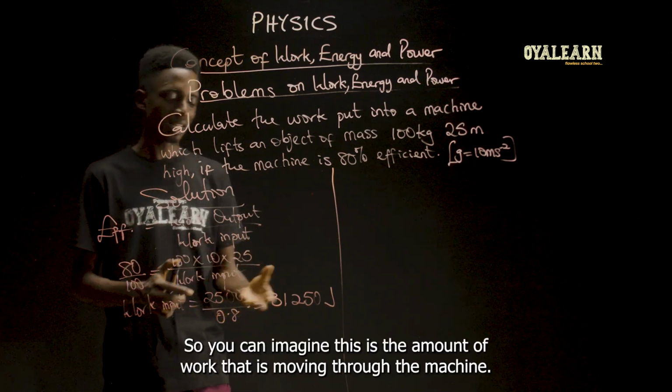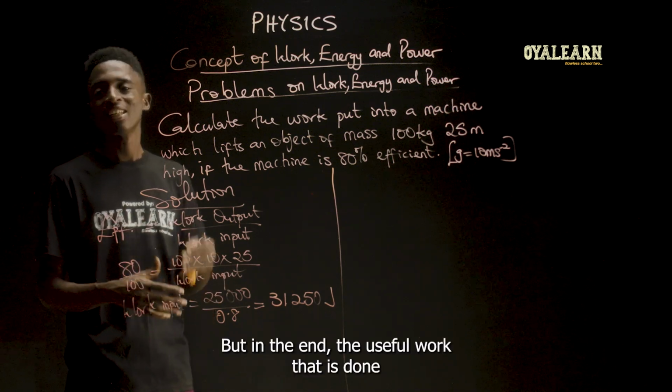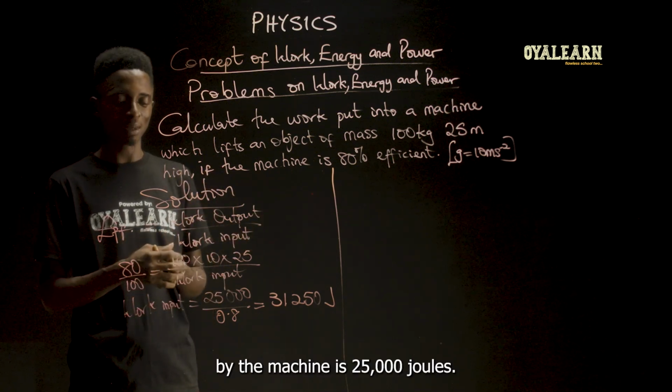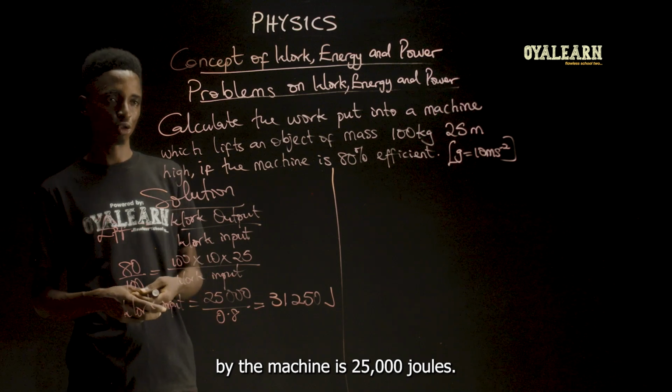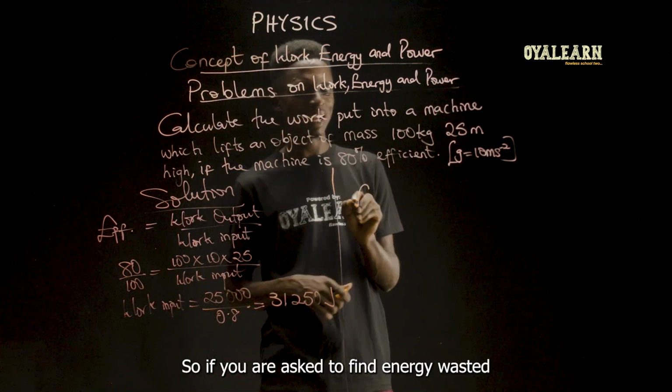So you can imagine this is the amount of work that is put into the machine, but in the end the useful work that is done by the machine is 25,000 joules. That tells you that some energy is wasted. So if you're asked to find energy wasted,